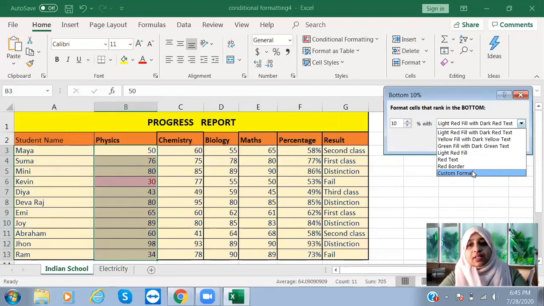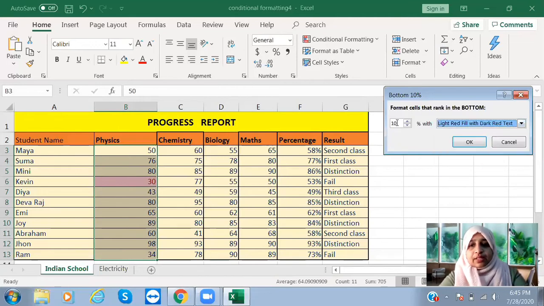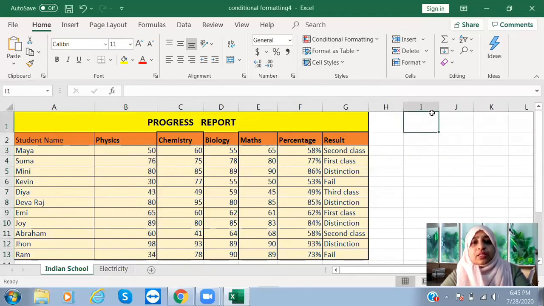These things we have discussed in the last session, right? You can select any number from here. If we want to select 30 percentage, you can change it here. With 30 percentage, you can see 3 values got highlighted. Clear? This is almost similar to the bottom 10 items scenario. Here, the selected cells are evaluated on a percentage basis.